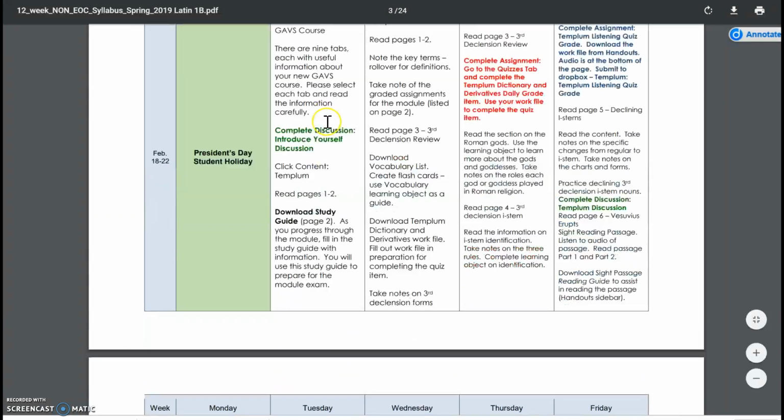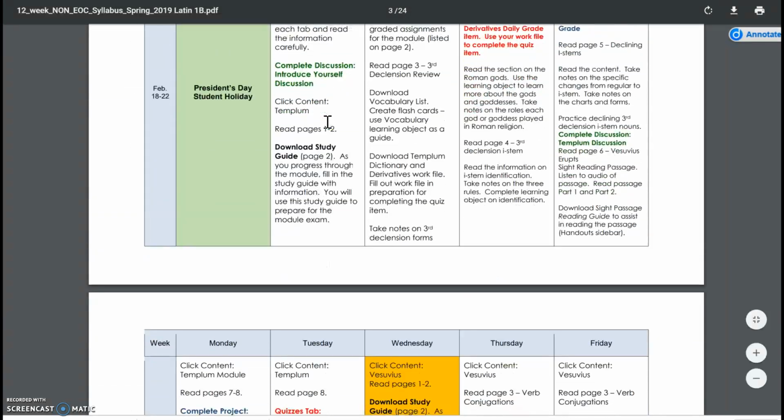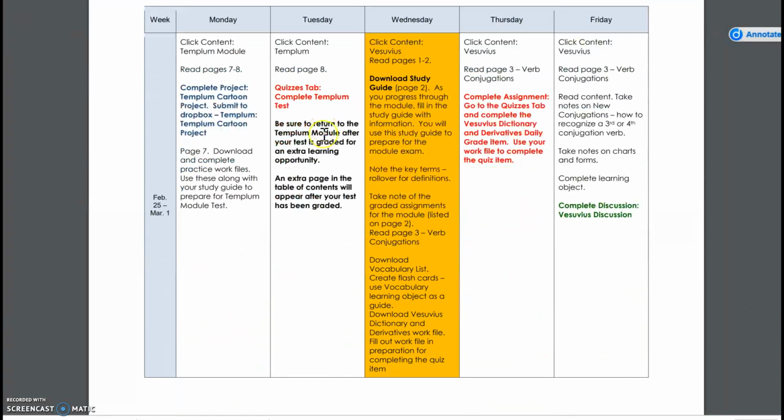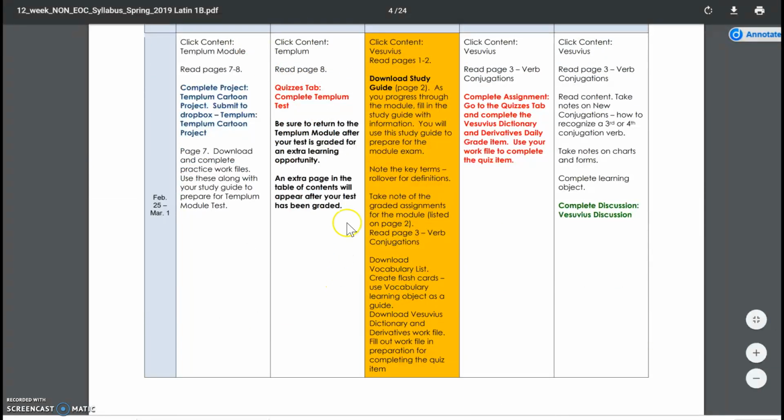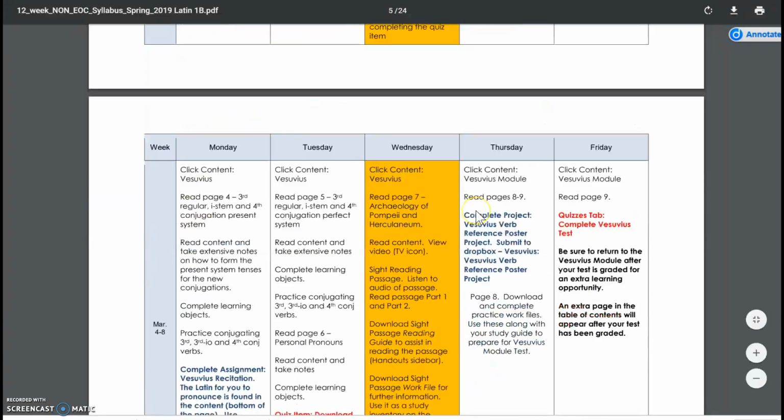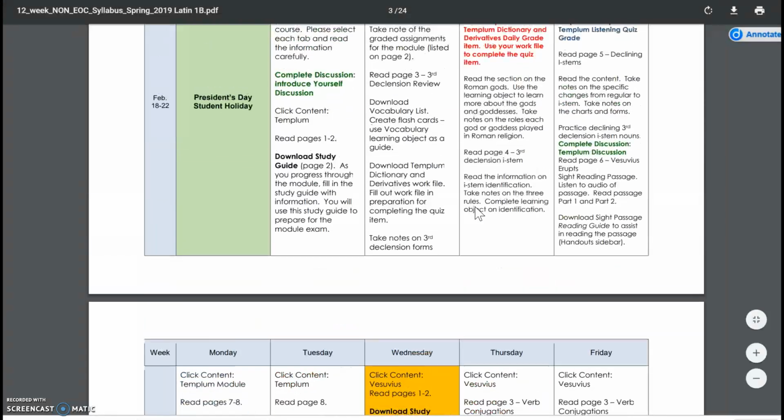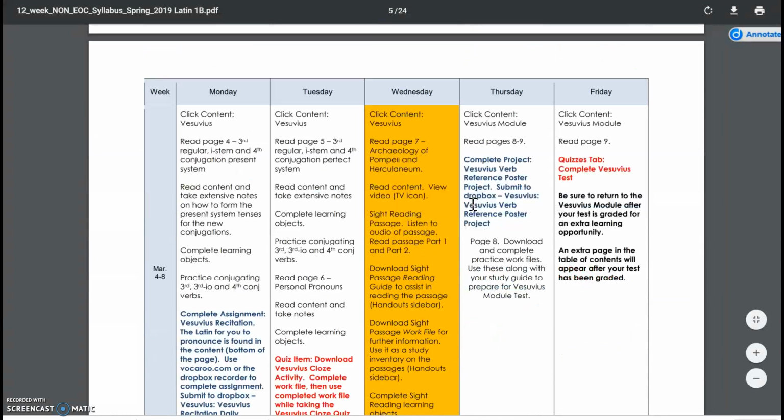your syllabus, and we're going to scroll down right here. When you get started, you have Monday, Tuesday, Wednesday, Thursday, Friday. Wednesdays you'll see are highlighted in gold. That lets you know that that's the due date. As you look at the different assignments, you're going to see some are blue, some are red, some are green, some might be purple. Purple are ongoing